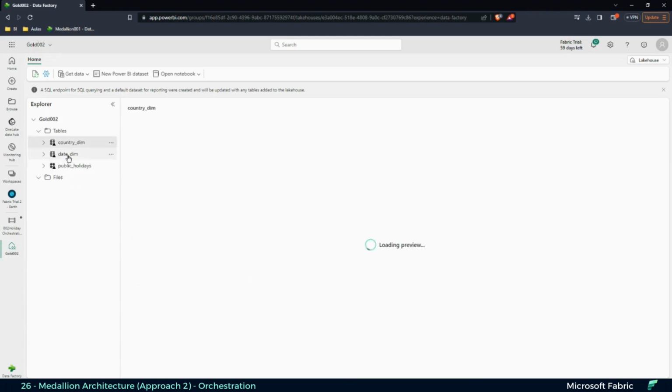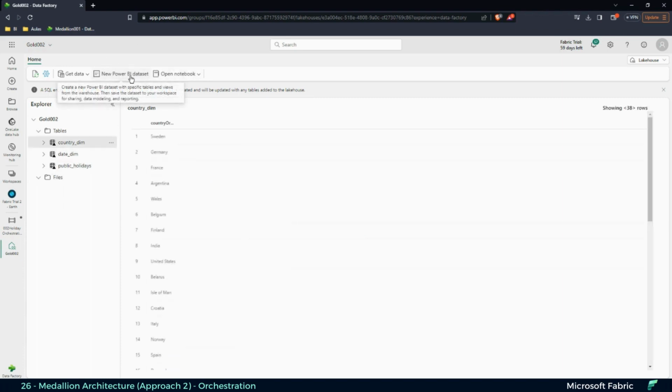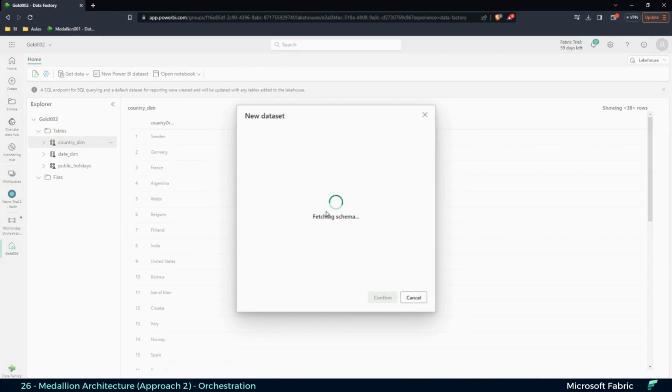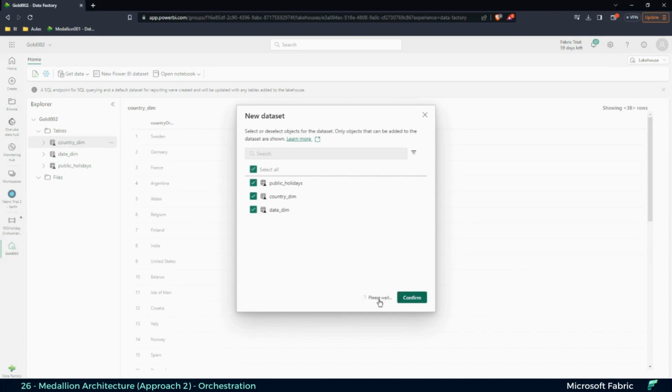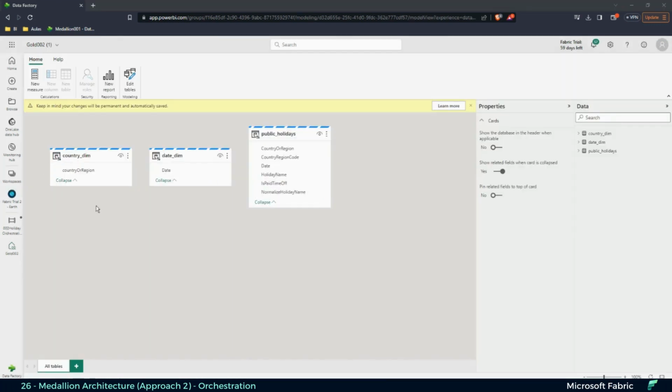I have my 2 dimensions and my fact public holidays, and then I can create a new Power BI data set. If I click here, I can create a personalized data set, selecting only the tables that I want if I have a big Delta lake with a bunch of different tables. So I'm selecting the 3 tables I just created, and then in here you have the Power BI model creation, which you guys can see has the dashed blue line on top of the tables, this means Direct Lake. And then from here,